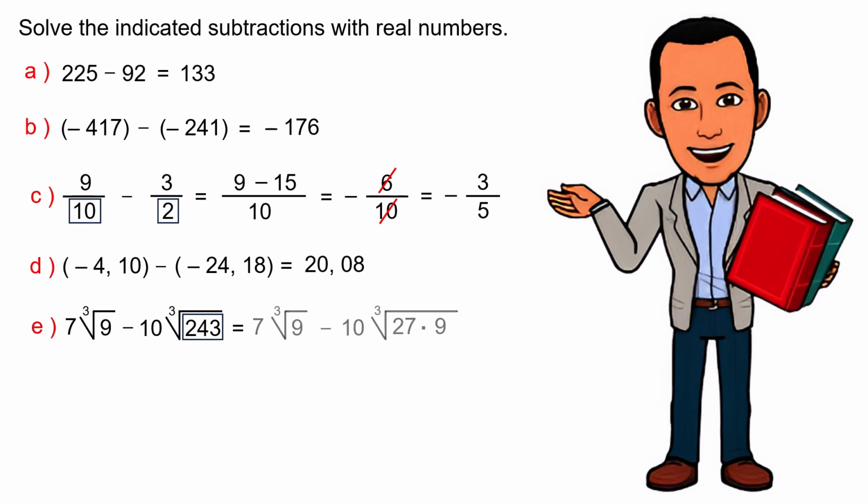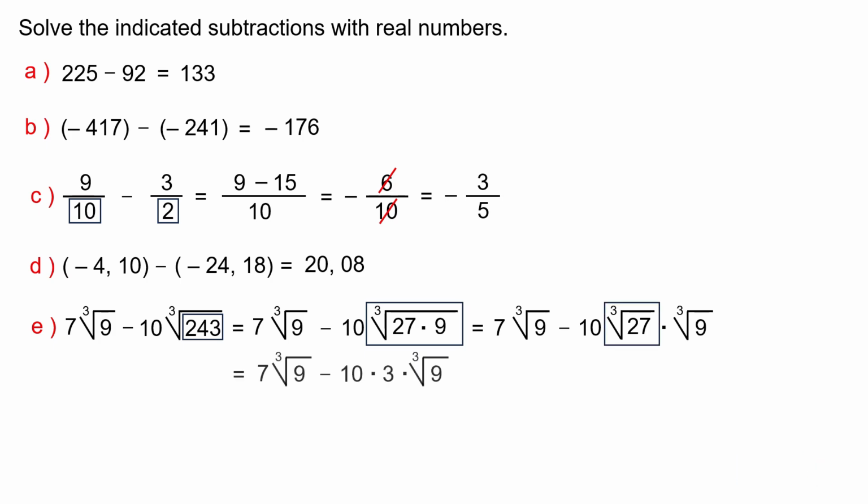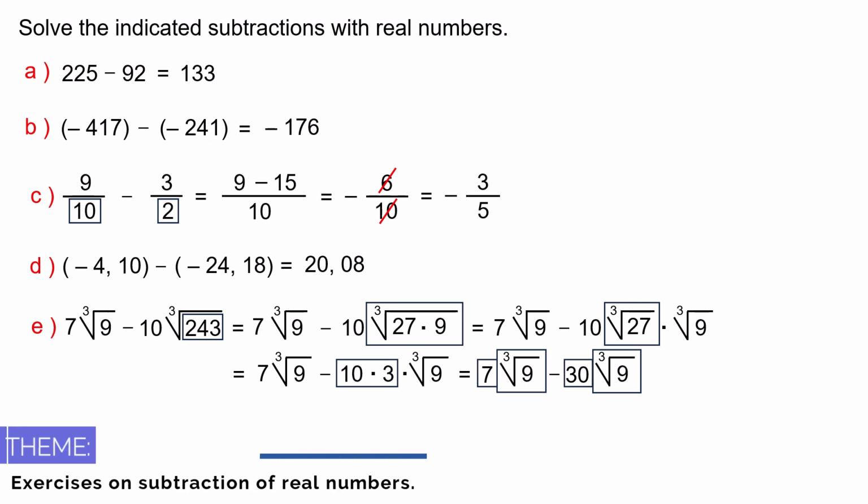Then we would have, now applying to the cube root of 27 multiplied by 9, the property of radicalization that states that the nth root of the product of two elements is equal to the product of the nth roots of both elements. Calculating the cube root of 27 we obtain 3. For the next step, we multiply 10 by 3, obtaining 30. Since we already have that the radicals are equal, we can subtract the coefficients, and the final result is negative